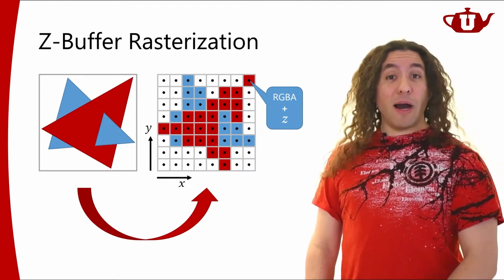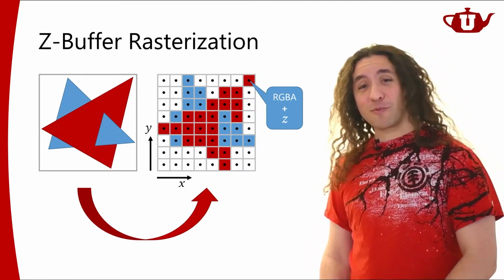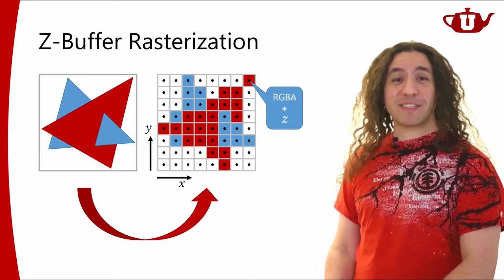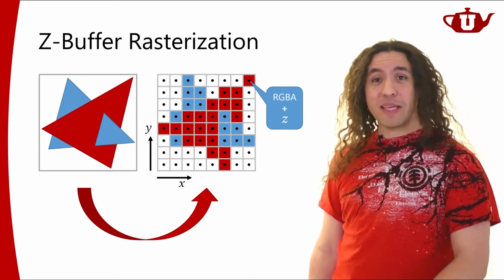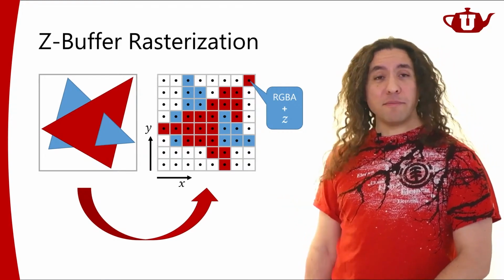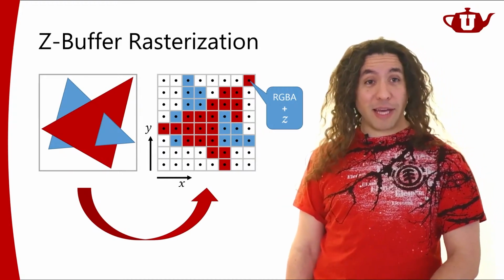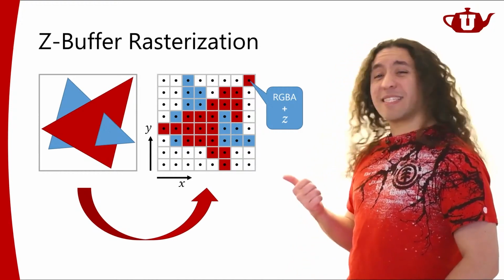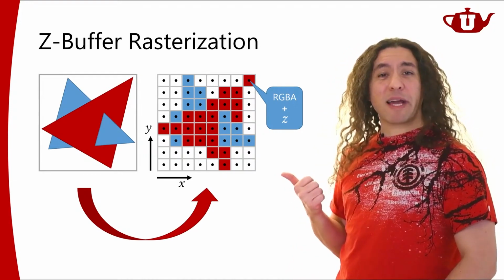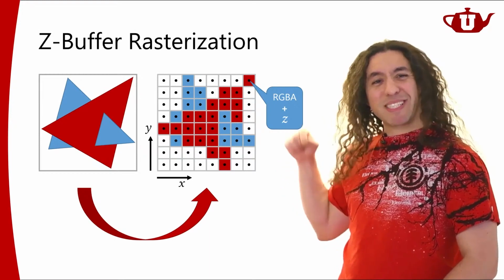That's the primary reason why, well, one of the primary reasons why we use z-buffer rasterization as opposed to the painter's algorithm. Yeah, it's a very, very old algorithm, and it's still the most commonly used algorithm in the world today. Now, okay, this is nice and all, but it's looking kind of jaggedy, right, with the pixelation.